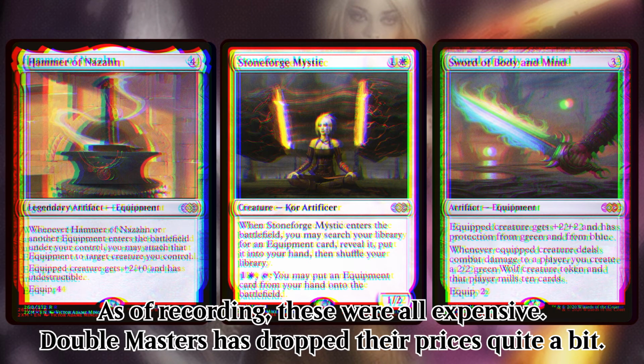The Hammer of Nazaf is an effective equipment by itself, but it also lets you circumvent the traditional equip costs. Stoneforge Mystic tutors any equipment you want, and can put it into play the very next turn. The Sword of Body and Mind gives protection from green, protection from blue, +2/+2. It creates tokens, and it tosses your opponent's cards straight from the